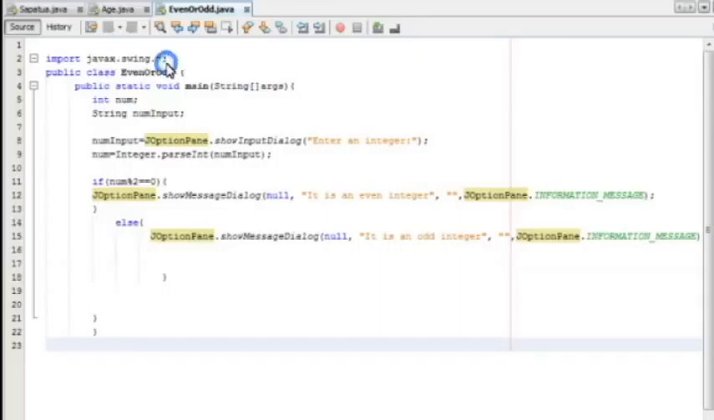Import javax.swing; public class EvenOrOdd { public static void main(String[] args) { int num; String numInput; numInput is equal to JOptionPane.showInputDialog("Enter an integer: "); num is equal to Integer.parseInt(numInput);